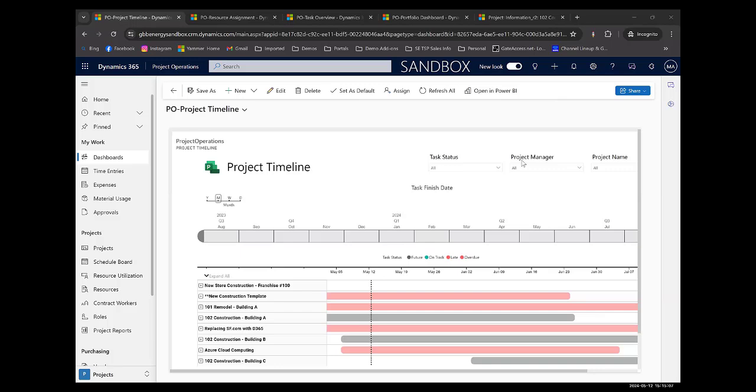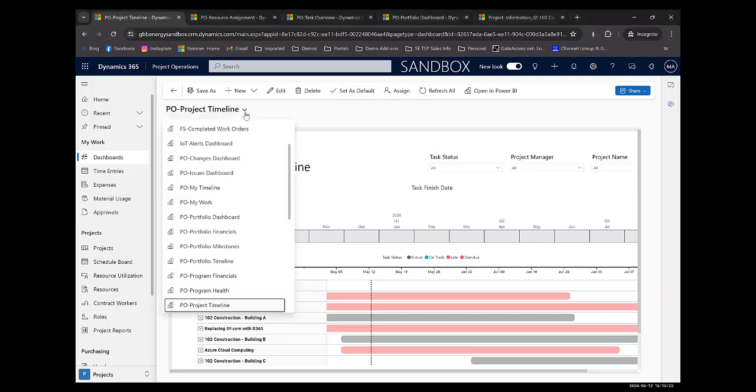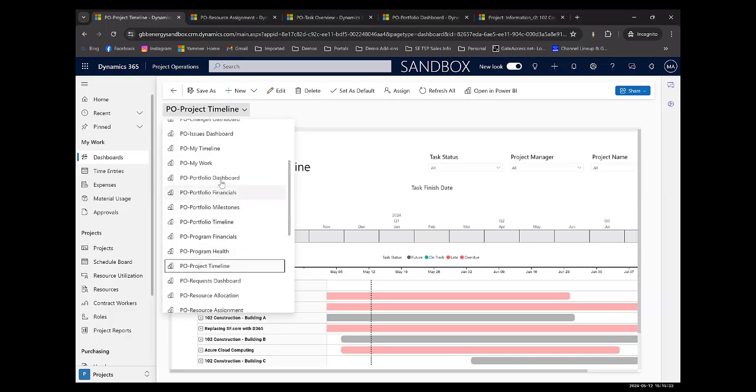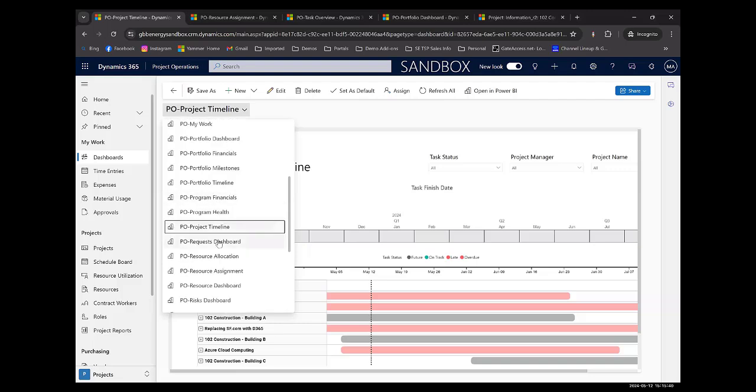Okay, so this is project operations. What we're going to go through is, typically, I'm starting my day, I'm C-level, and I want to see everything all up. So here you could see one of the many reports. Now this is an add-in. In addition to project operations, there's a project accelerator that you can get on GitHub, and that project accelerator will allow you to install quite a few project operations reports. These are all the portfolio, financials, milestones. You will get all these